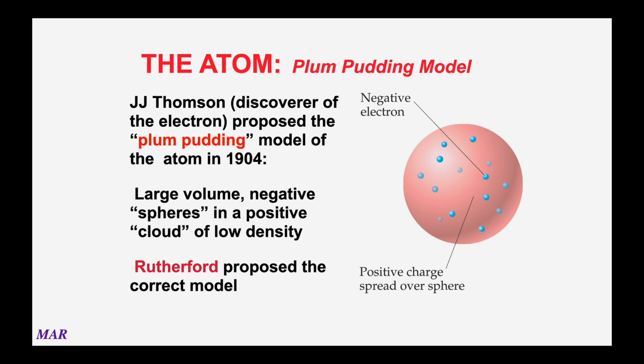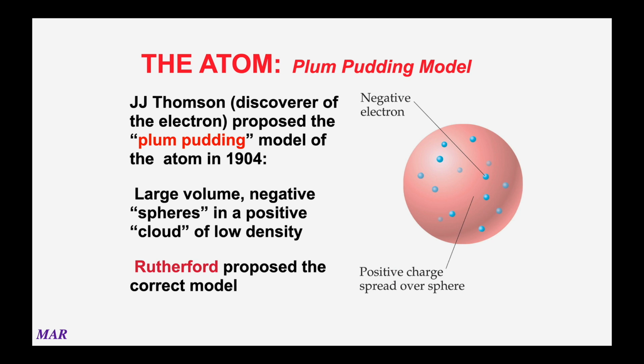Now, if the plum pudding model would have been accurate, you would have had a relatively large volume, and you would have had negative spheres or negative electrons in the positive cloud of low density. So if you think about a cookie, the little blue dots would be like, I don't know, the chocolate chips, all right? And that's where the negative charge would be, while most of the cookie would be kind of a diffused positive charge. This worked for several years, but Rutherford, who was also the person that formalized the proton, came